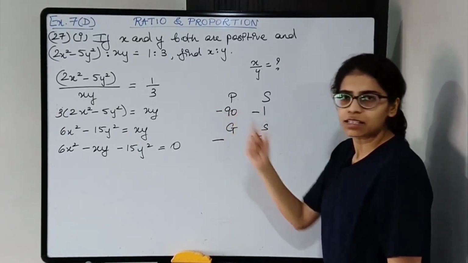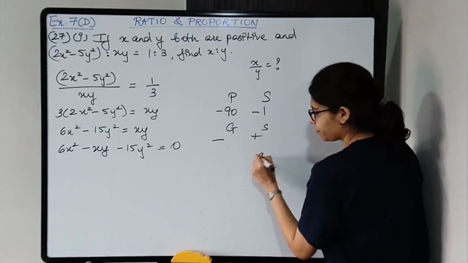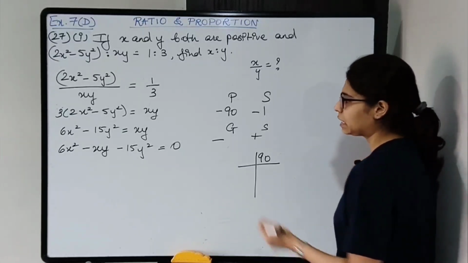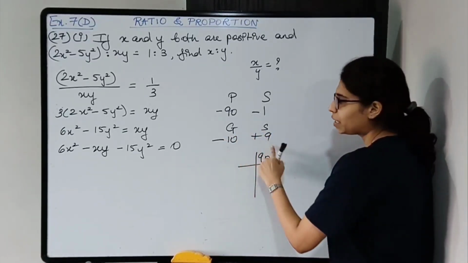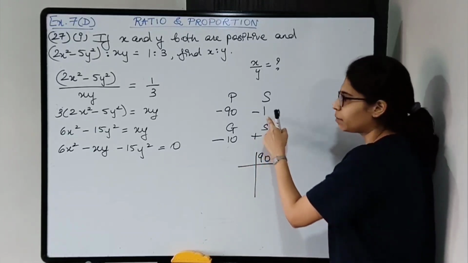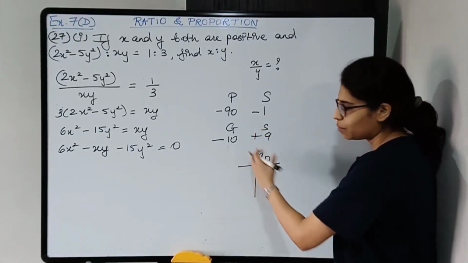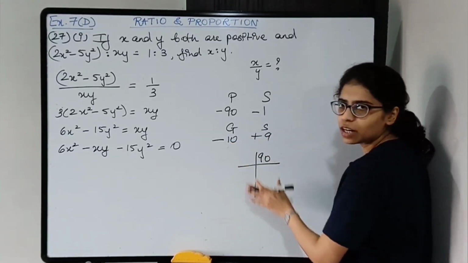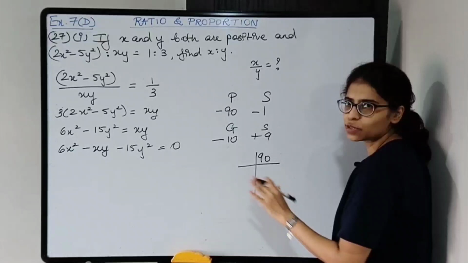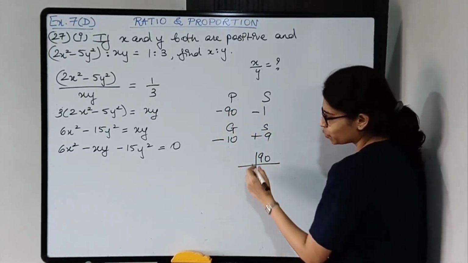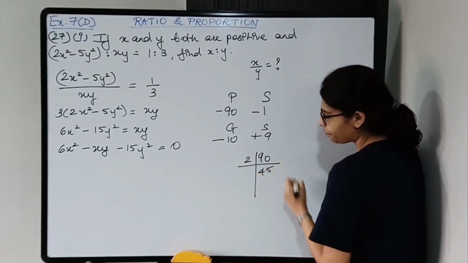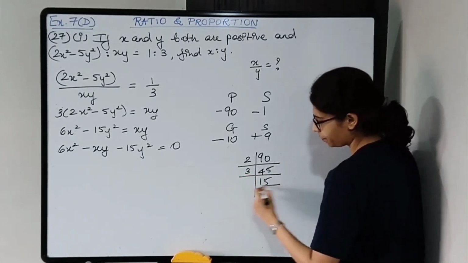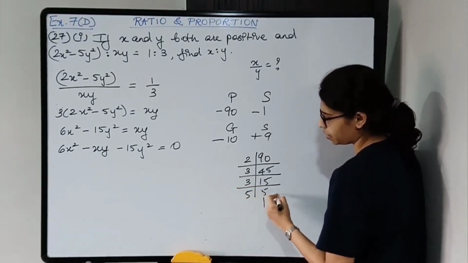Let's factorize this. On factorizing you will get, actually, the factors are 9 and 10. Minus 10 and 9. When you multiply you get minus 90, and when you add you get minus 1. Even though I am just factorizing, in case you know this, very good, but if you have doubt, then please solve quadratic equations first, then solve these kinds of problems. So 2 45s are 90, 3 15s are 45, 3 5s are 15, and 5 1s are 5.